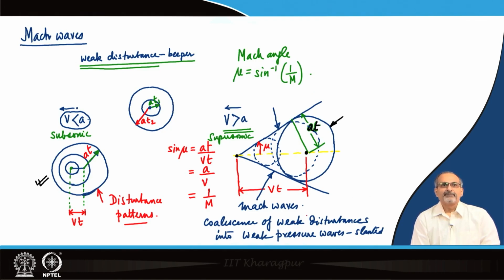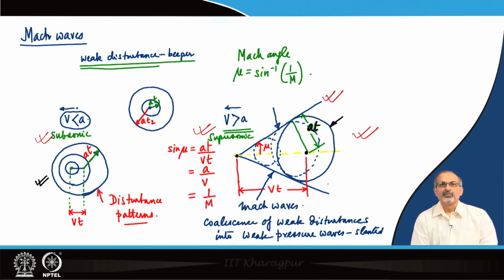We recall that Mach waves are produced when you have a very weak disturbance propagating through the flow field. It is more like a beeper or a small sound source which is moving through the flow field at a velocity V, and the sonic velocity corresponding to the static temperature of the gas is A. Therefore, you would have different scenarios if it is moving at a subsonic velocity and a supersonic one. In the subsonic case, the disturbance patterns always lie well ahead of the disturbance source, while in a supersonic case, where the source is moving at a velocity greater than the sonic speed, the disturbances coalesce into weak disturbance